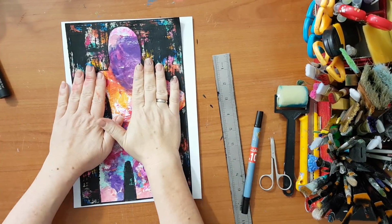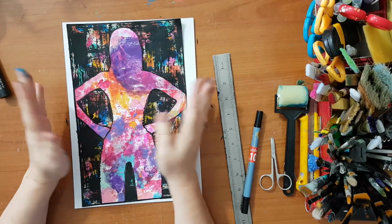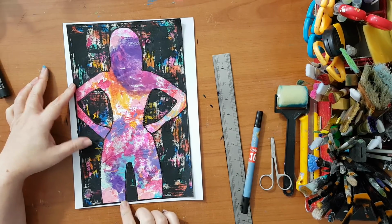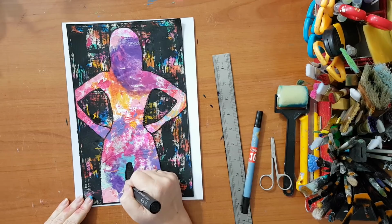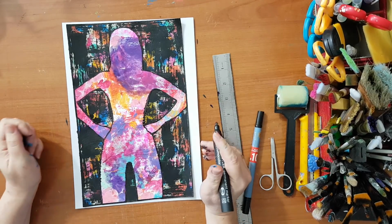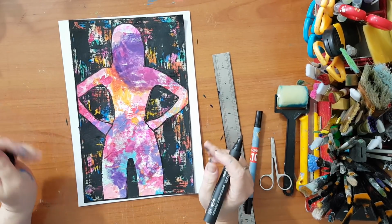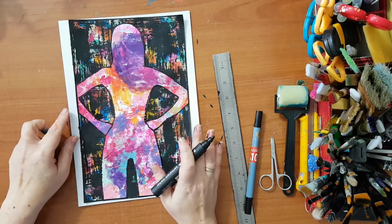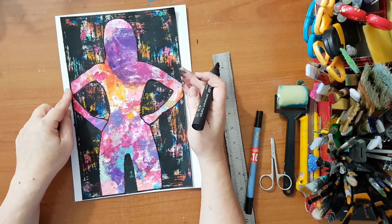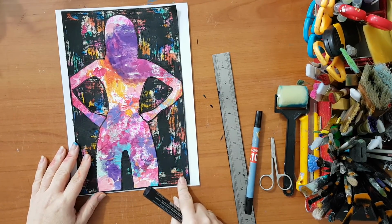I'm back. So I've glued my silhouette, if it still can be called silhouette. It's not black, it's in reverse. It's really colorful, and I went all over the edges with a permanent marker just to make it more, I don't know, more contained. So I've done that. I've cut here the excess. There was too much attitude for this page, so I trimmed here, and now I want to write something here,